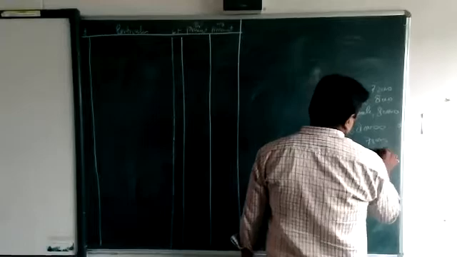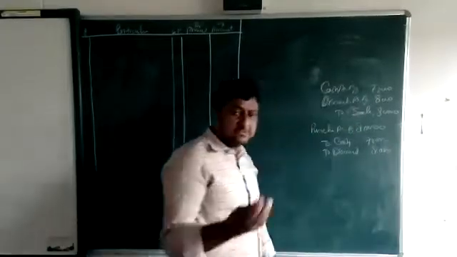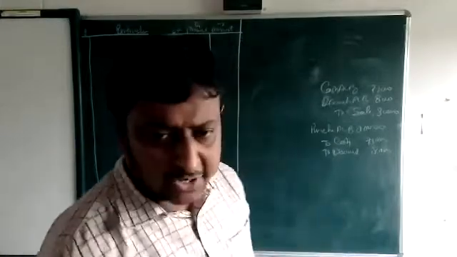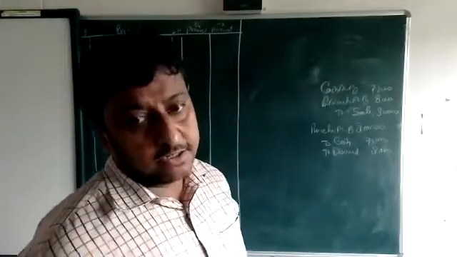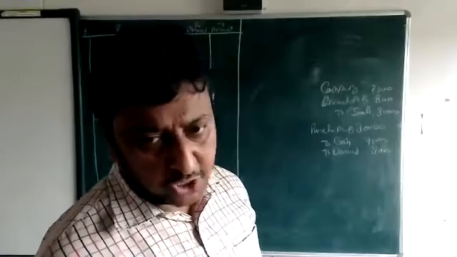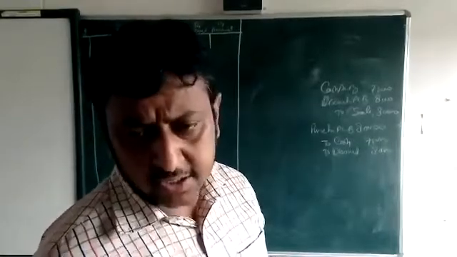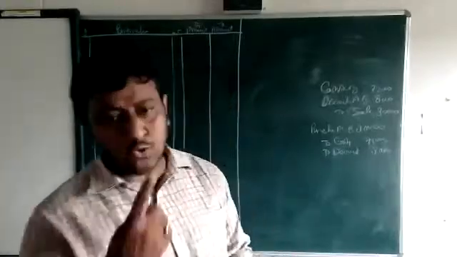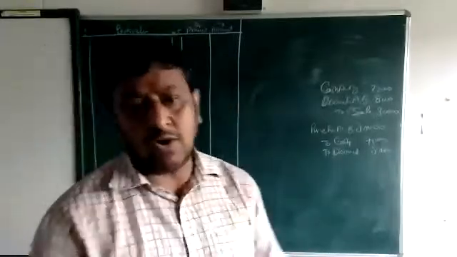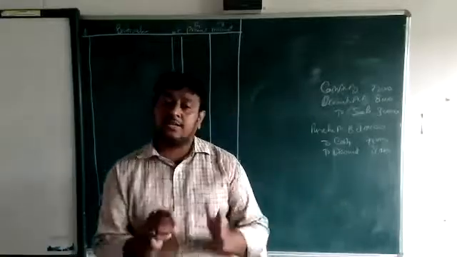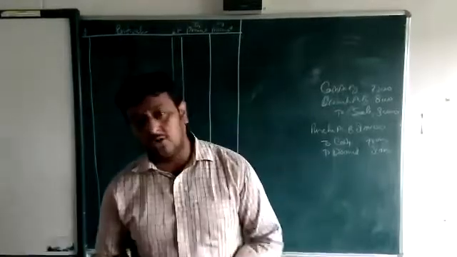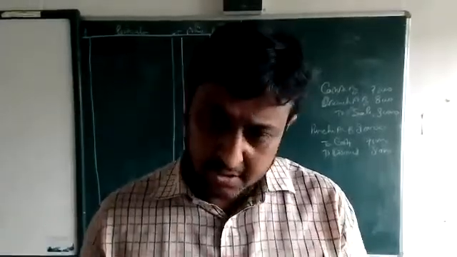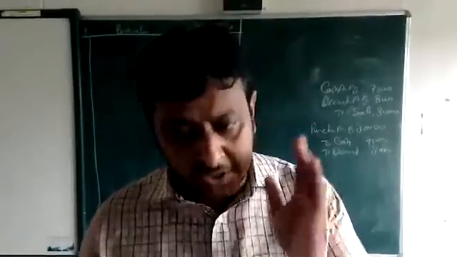When we have received cash from anyone and we are giving a discount, it's again debit: cash account debit, discount account debit to his name. If we are paying to anyone, the name of that person debit, then to cash and to discount. One trick is there: if cash is debit, discount is debit. If cash is credit, discount is credit. It's a trick only. Don't think it's a rule. It's a trick only, beta.